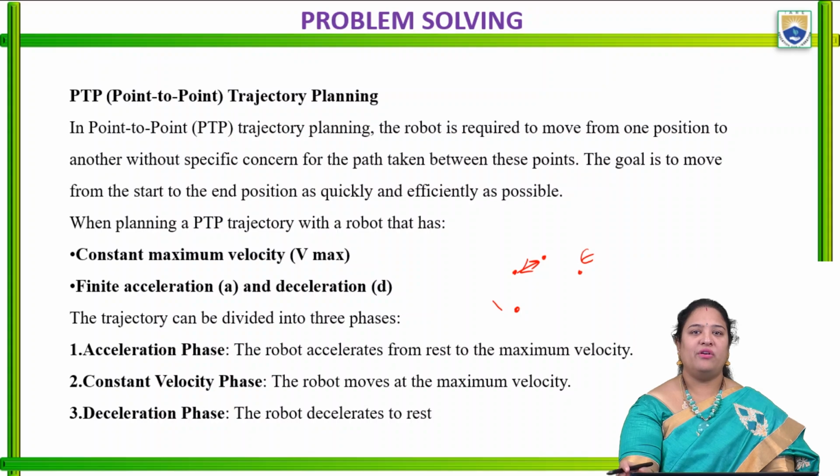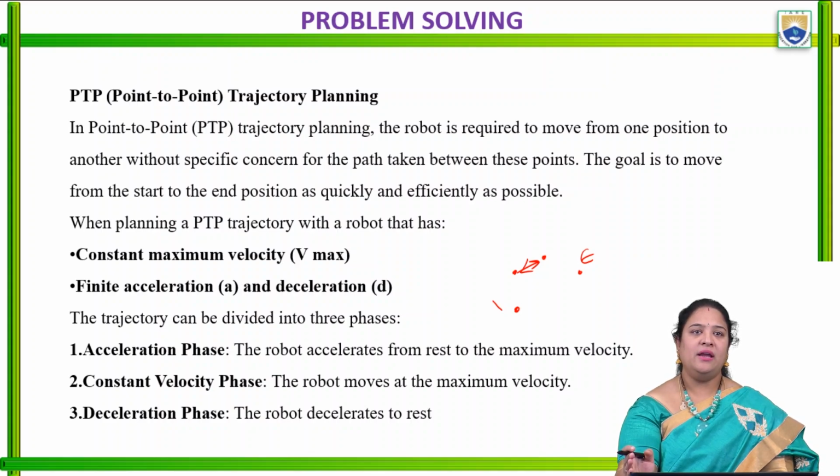The goal should be to move very quickly and more effectively, efficiently, right? As quickly as possible. So when we are considering this particular point-to-point trajectory, we should consider the constant maximum velocity Vmax, and we also need to consider the finite acceleration and deceleration, right? Other than the finite acceleration and deceleration, with respect to the maximum velocity, we need to find out the